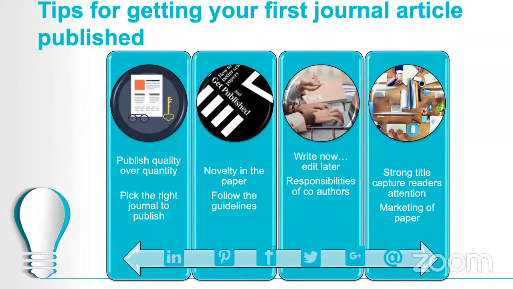When you submit your article, you have to think about the sequence of authors and then submit. We cannot accept these last-minute changes, because this is a malpractice. Like all efforts will be done by X, and then the name will be given to Y, or something like that. There are many things that have been reported in the literature. So the responsibility of co-authors has to be very well established before submitting the article.